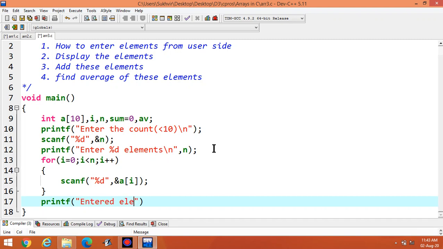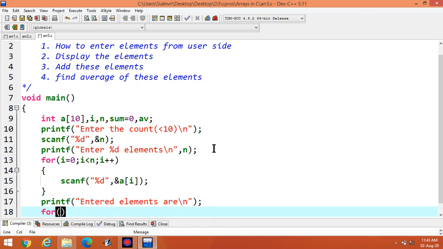Entered elements are, in the new line. Then again I have to use for loop. I is equal to 0, I less than n, then I plus plus.